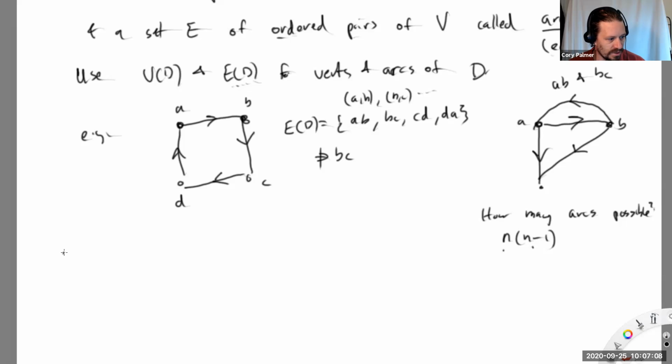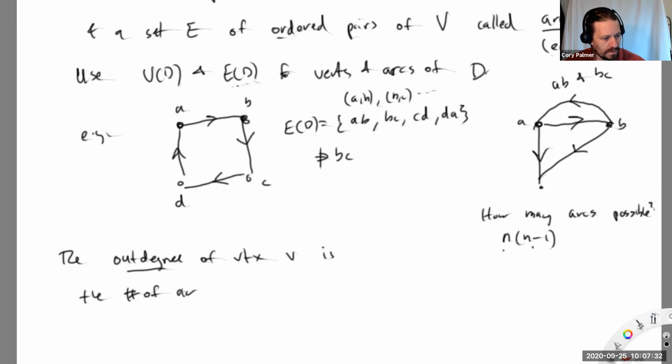So a couple more simple definitions. The out degree of a vertex V is the number of edges leaving the vertex. But the better way to put it here is the number of arcs VU. So it's the number of arcs where the edge starts in V and goes to U, so points out from it, okay? And it's denoted